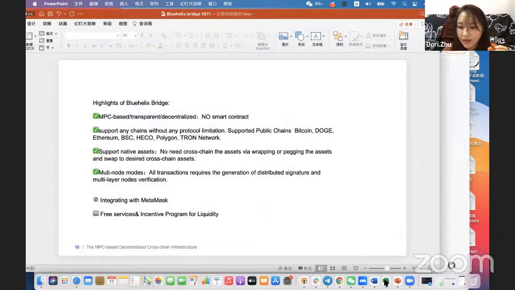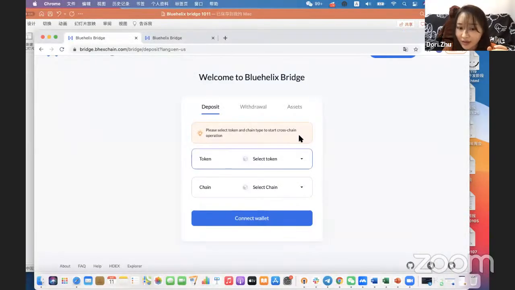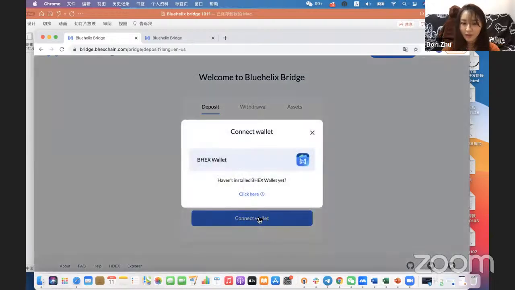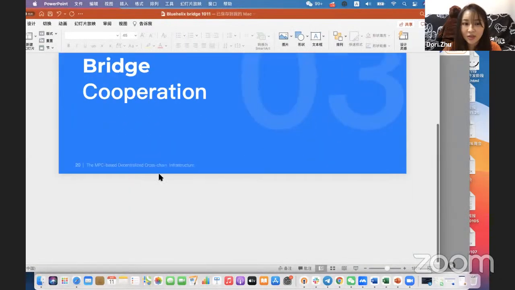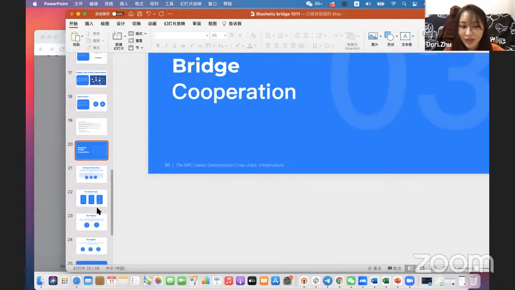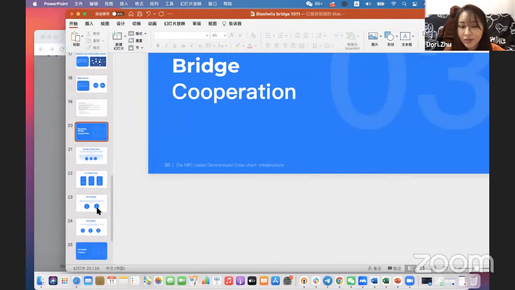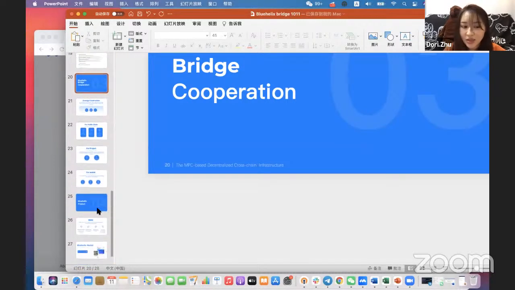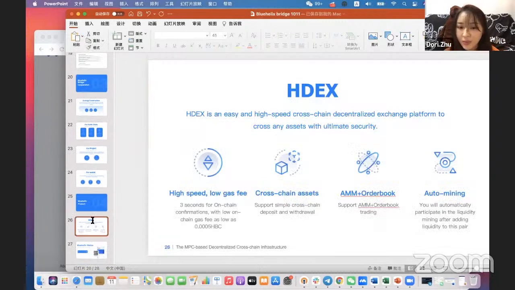Also, you can see that if you don't have enough gas fee, what can you do? Maybe you can just choose our HDEX, a decentralized cross-chain exchange. It can help users make cross-chain transactions, supporting simple cross-chain deposit and withdrawal, and you can swap your assets to get enough gas fee.